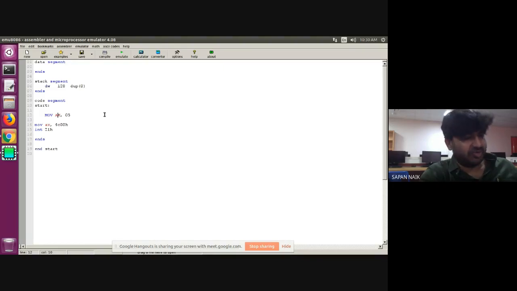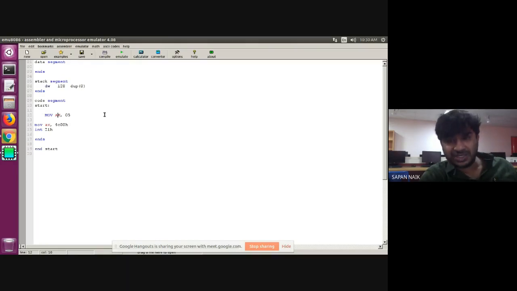In C, if you want to print something, you use printf. If you want to read something, you use scanf. The same way here, if you want to move something from one place to another, you use the move instruction. There are different instructions available. In C, you have learned printf, scanf, if, for, while. The same way here, you need to study different instructions.